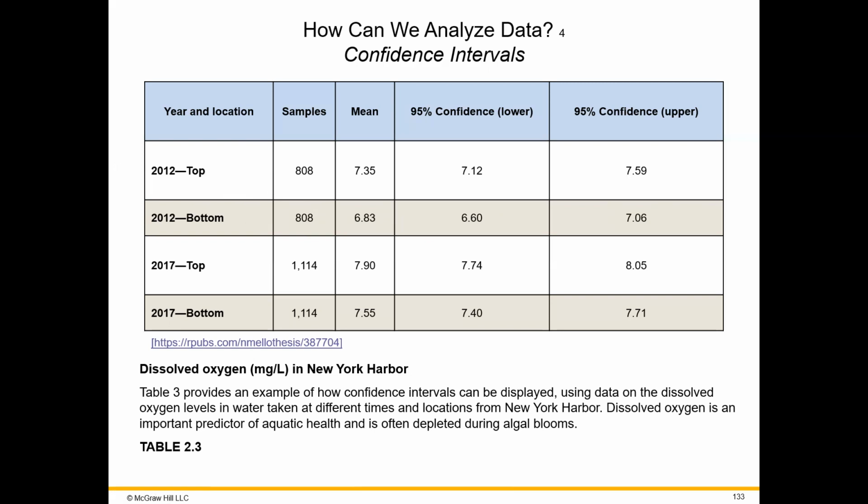This makes sense, right? Top and bottom are the surface and the bottom of the water column in the New York Harbor. We would expect that the surface, aka the top, would have more oxygen than the bottom, aka